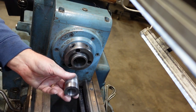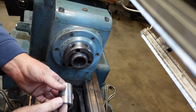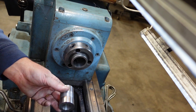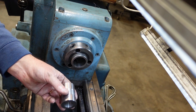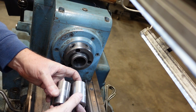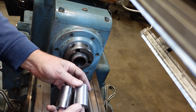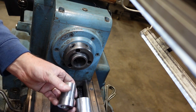product. Now this one is referred to as an M5, but it's actually the back end of the M5, which strikes me as a little bit odd, but that's what the manual says it is, so who am I to argue? This is an MT2 that I did some time back, same principle, goes in there, but the